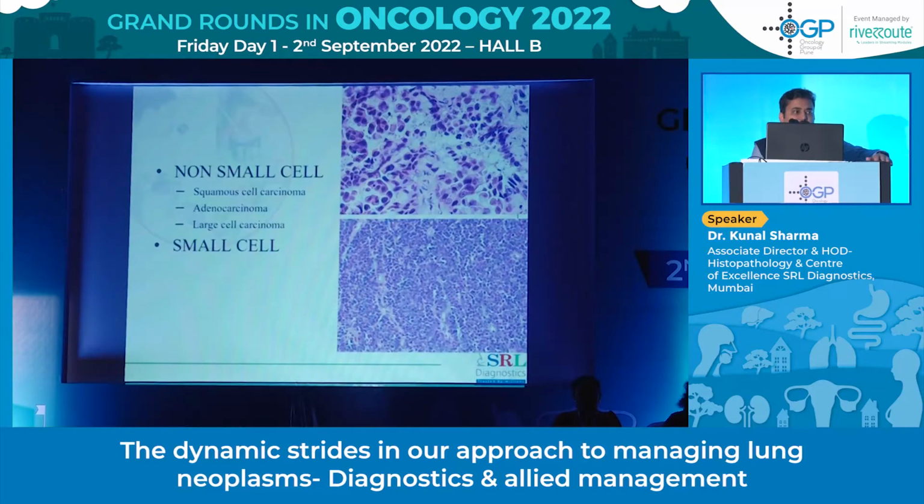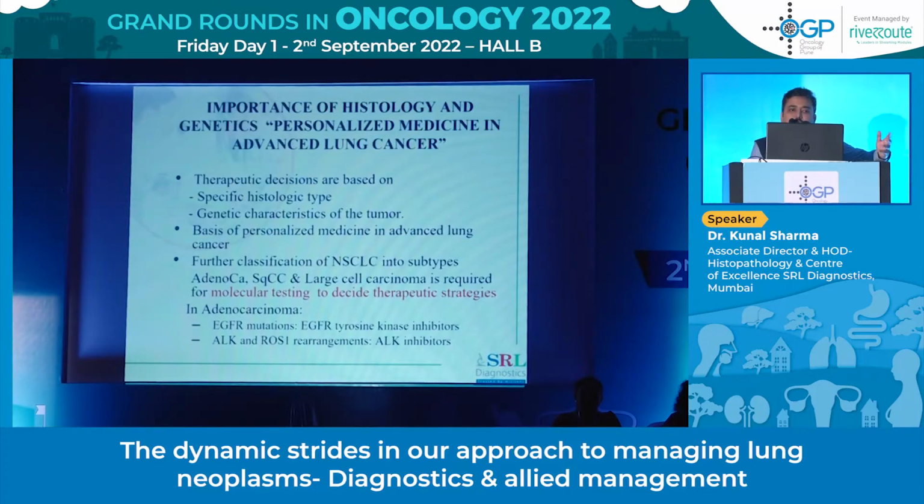I will not go into too much pathology, but I'll just touch these points. Lung cancer is broadly divided into non-small cell and small cell cancers. In non-small cell categories, we have squamous cell carcinoma, adenocarcinoma, and large cell carcinoma. What is the importance of histopathology in an era of biomarker testing? Histopathology is still the first point of reference which tells us what biomarker this particular case would require. EGFR, ALK, ROS, RET, MET in lung cancers are still pretty much associated with adenocarcinomas, whereas in squamous cell carcinomas we generally go for immune checkpoint inhibitors, and that's why PD-L1 testing is the most definitive biomarker testing that is done.